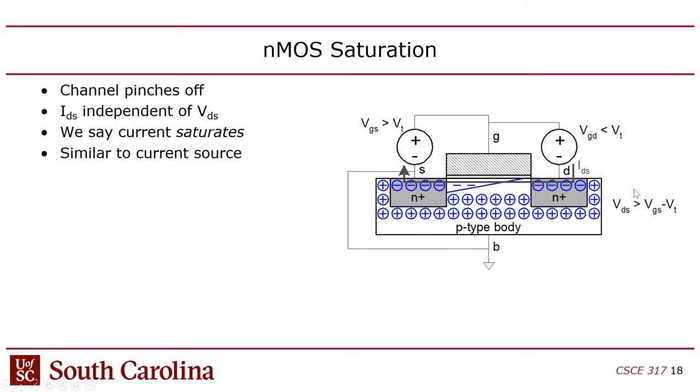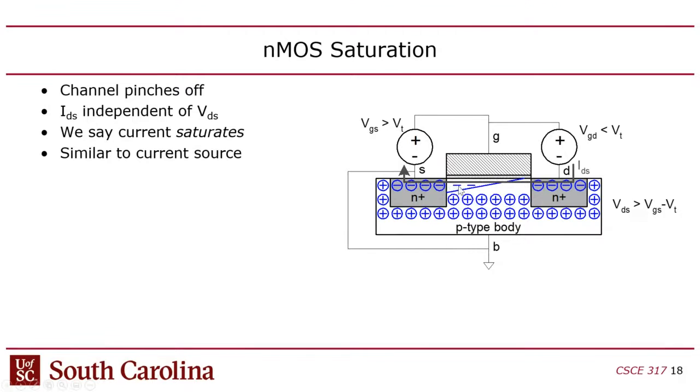So basically, when the difference between the gate source and the threshold is less than the total voltage drop over the drain and source, VDS, that's when you enter saturation mode. And so what's happening there is that the voltage of the gate relative to the source is fine, right? You still have a nice